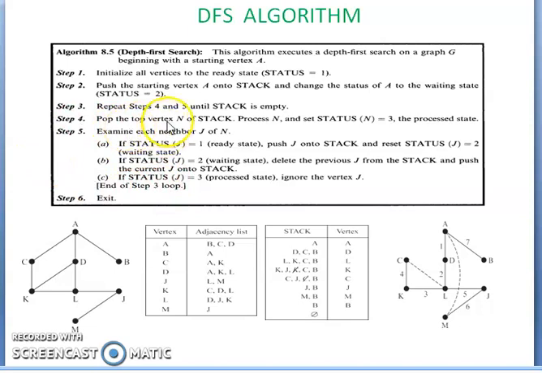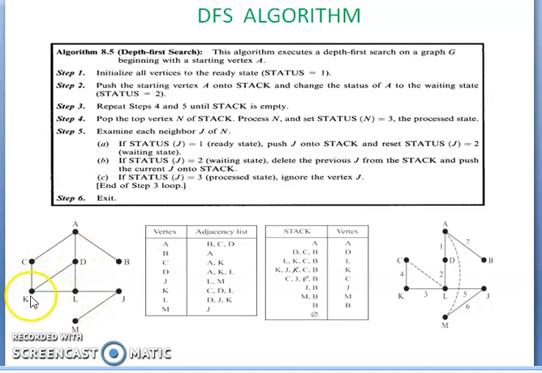Again you pop this particular vertex. D is over, and once D is over, you place the neighbors of D onto the stack. Neighbor A is already processed. The remaining neighbors are K and L. Based on the order, K is at the bottom and L is on top. So for D, the neighbors are two: one is L and the second is K.